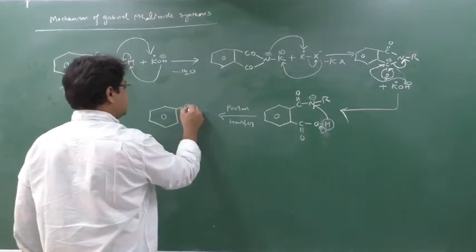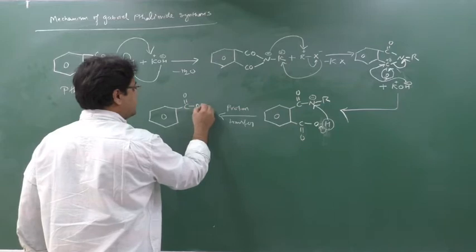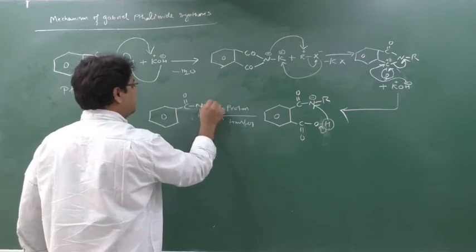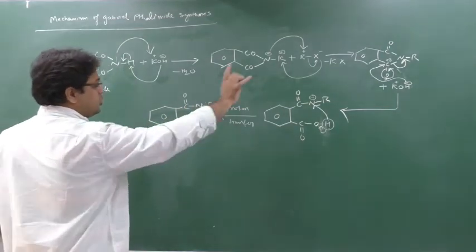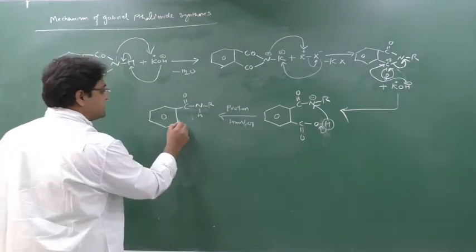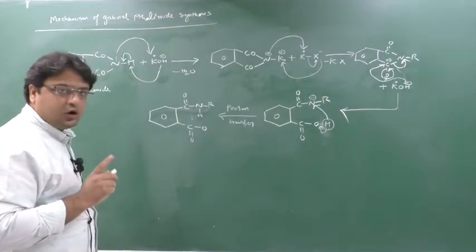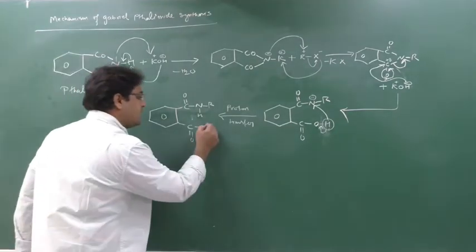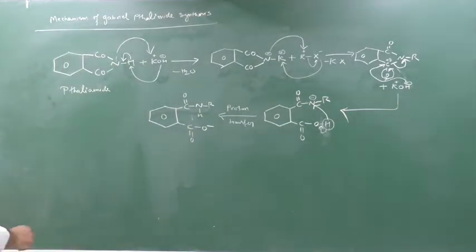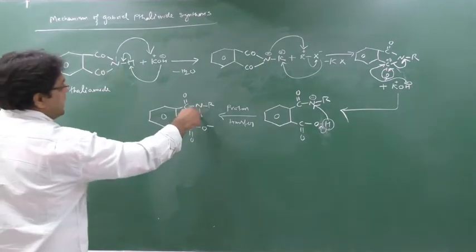First we will see the changes. C double bond O, here N is satisfied with hydrogen and R. This part of nitrogen has 3 bonds, so no sign, no charge will come. Now see here, carbon double bond O, here oxygen. Now oxygen should have a double bond, but it is a single bond, so it will have a minus charge here. Are you understanding? See, you are preparing here R and H.